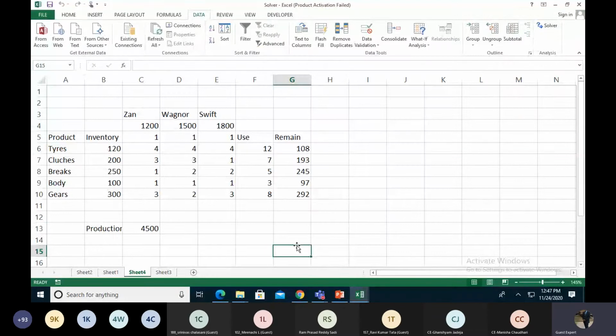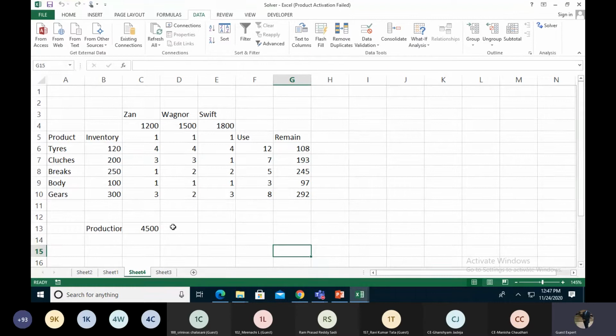Okay, so we use these things to plan production. Right now we are also using one of the projects where we are doing sellings and purchasings and making an inventory.